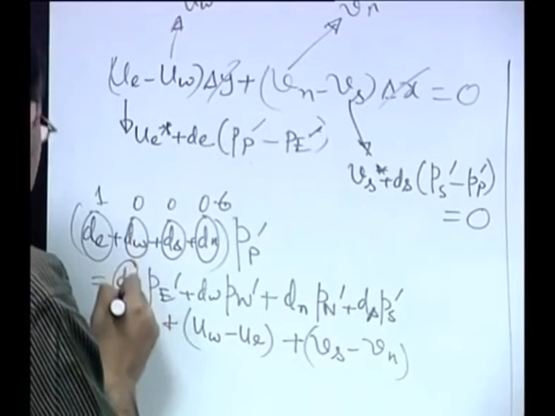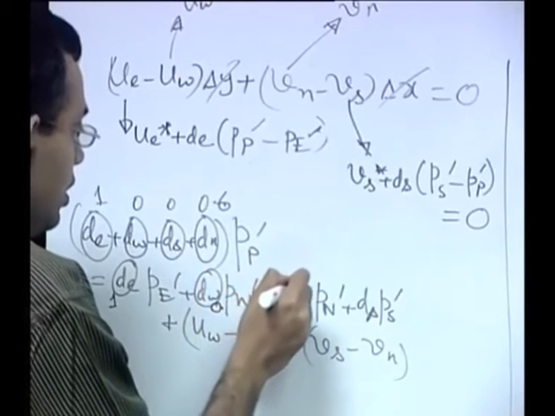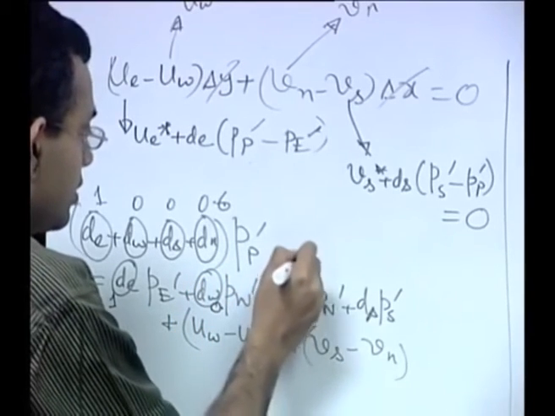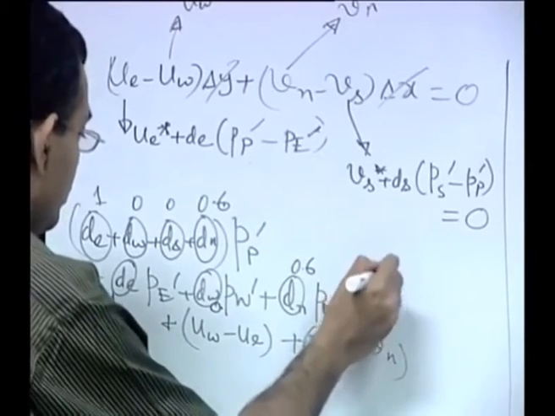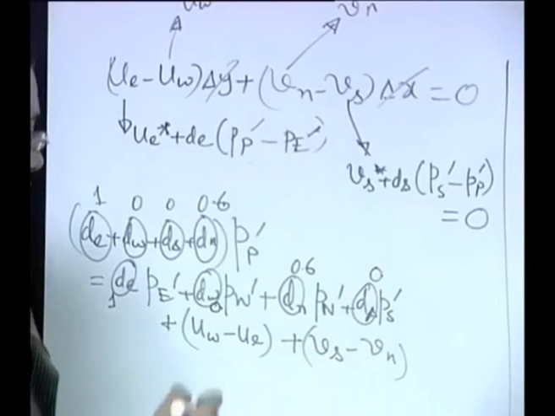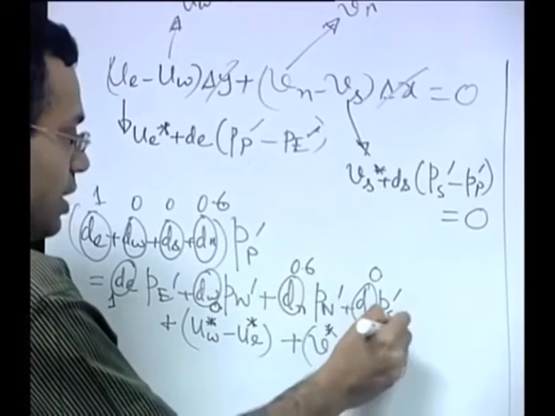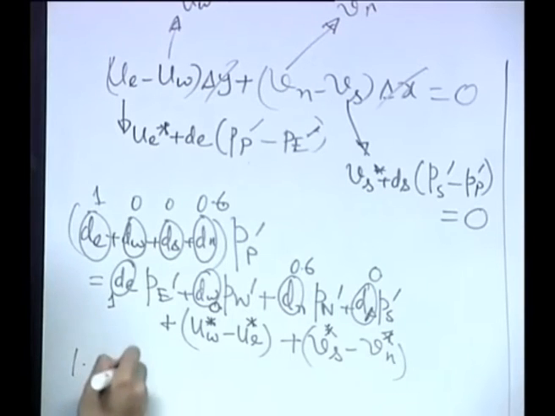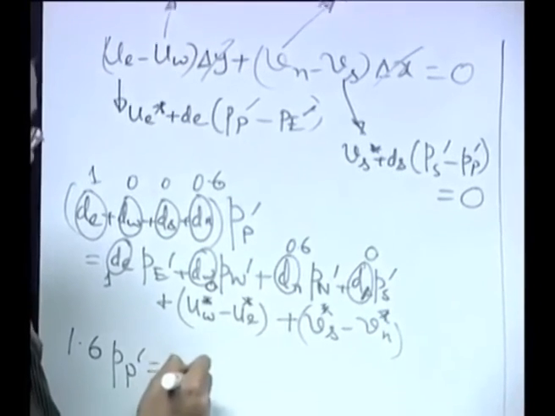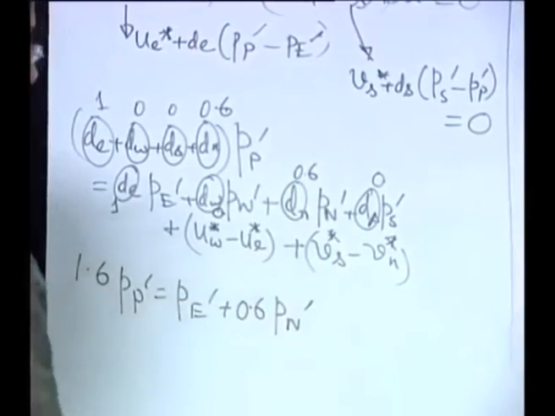So this is 1, dW is 0, dn is 0.6 and ds is 0, and these are stars, right, Uw star minus Ue star plus Vs star minus Vn star. So, 1.6 Pp prime is equal to Pe prime plus 0.6 Pn prime